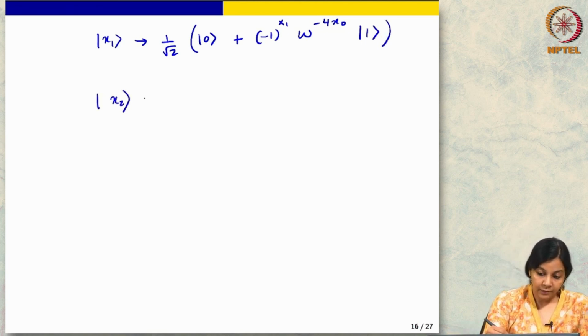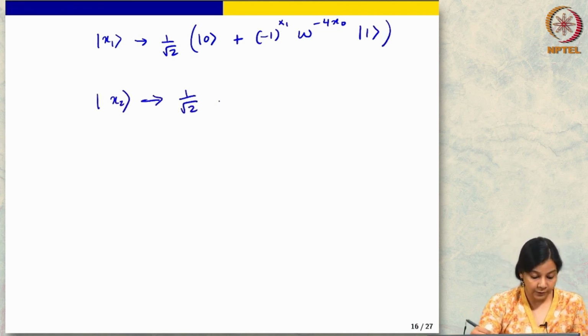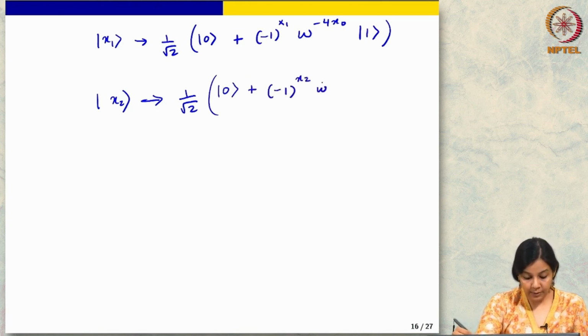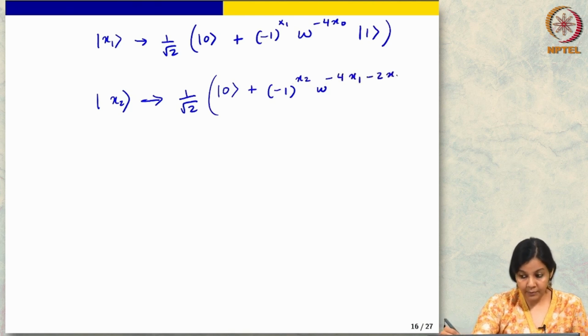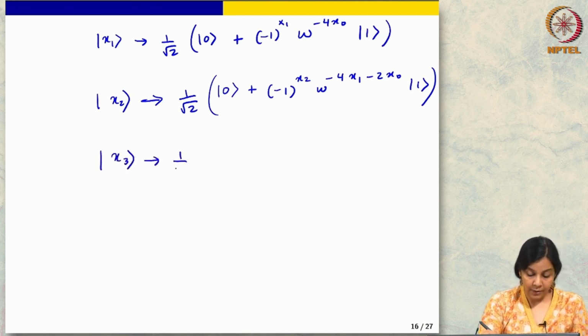X2 and x3 I did not do in complete detail, I am just writing them down, you can verify for yourselves. So this is going to be 0 plus minus 1 to the x2 and then omega to the minus 4 x1 minus 2 x0 1. And x3 will go to